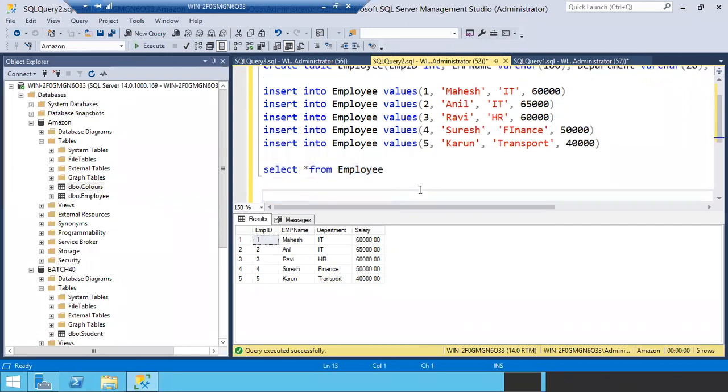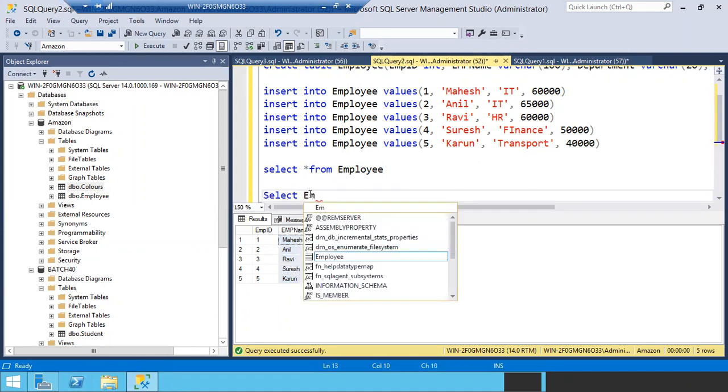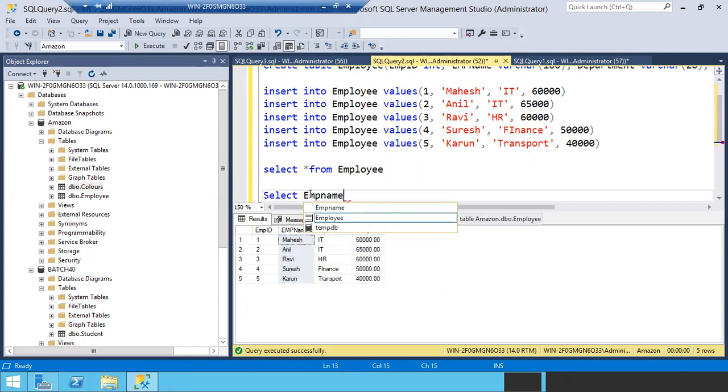Now, say you want to see only the employee name column. What is the query, guys? I want to see only employee name in this 4-column table. Select employee name from employee. Very good. If you mention star, it will pull all the columns. Star means all the columns. No, I don't want all the columns, I want specific columns. Select the specific column you want: employee name from employee.